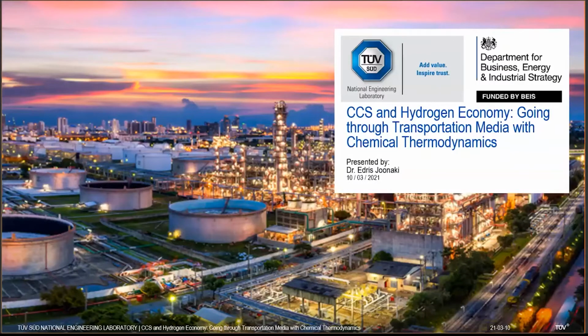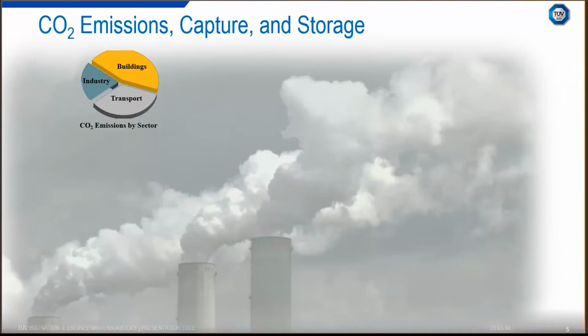this presentation in order to explore how CCS and hydrogen systems work and what some of the main challenges are in this way. At the end of this scientific journey, we will figure out how chemical thermodynamics could address those barriers. As you know, human activities have increased the concentration of CO2 in the atmosphere to be